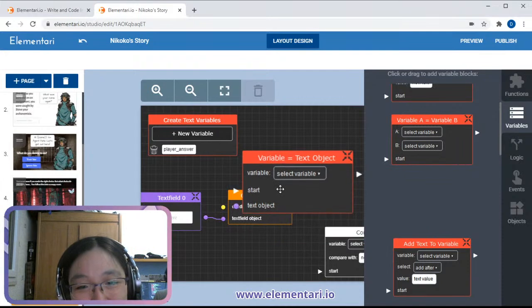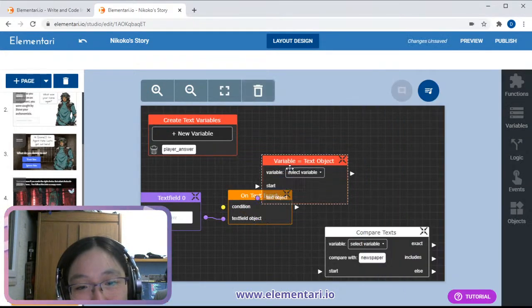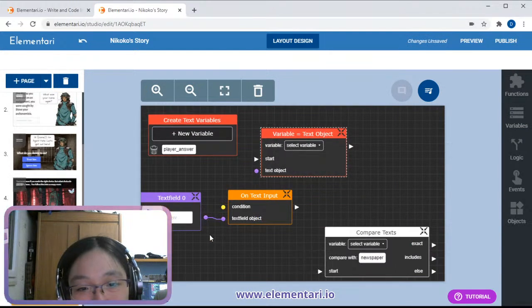Variable equals text object. Yeah. So we're going to... Yep.